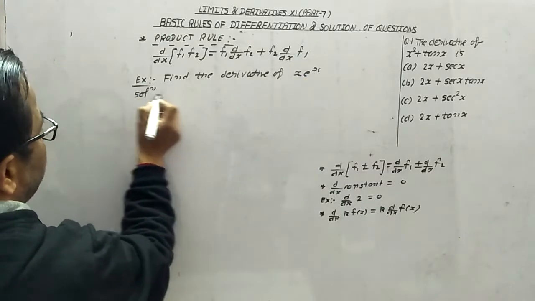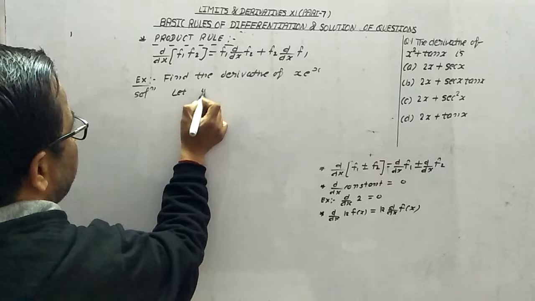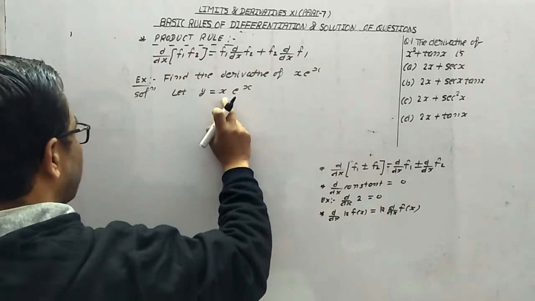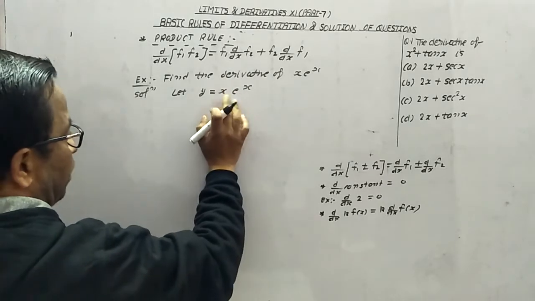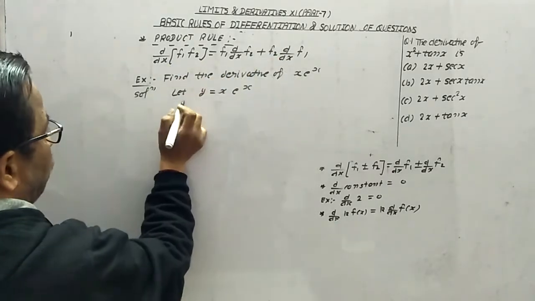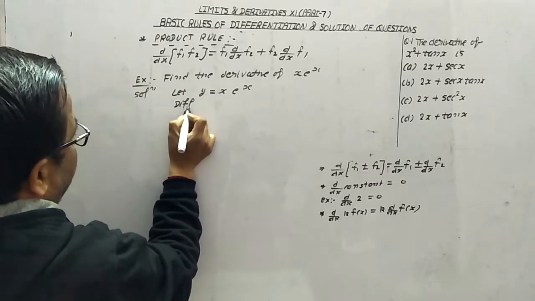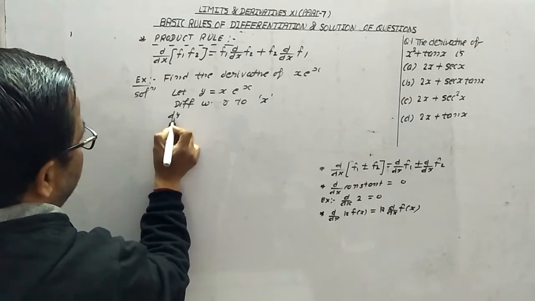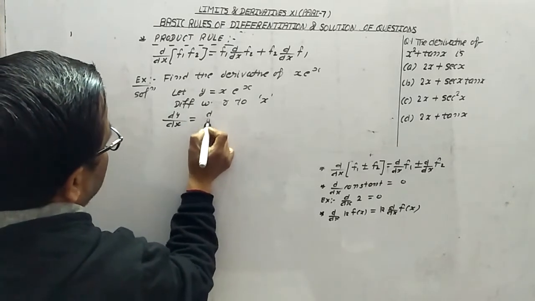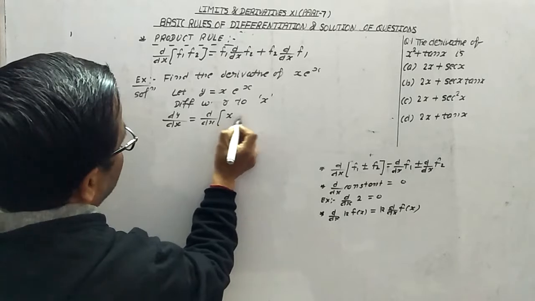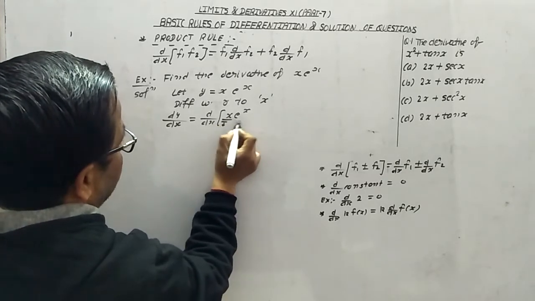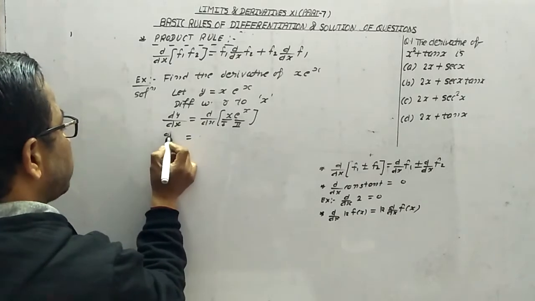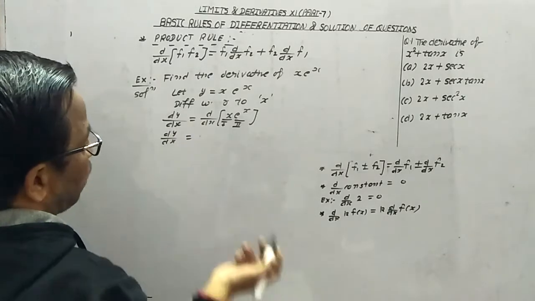Now how will we do the solution? Look at this thing. We will say let y is equal to x into e raised to power x. We are observing there are two functions which are in product. So here we will apply this rule, differentiate with respect to x. Once we do the differentiation with respect to x, dy by dx is equal to d by dx of x into e raised to power x. We will consider, let us suppose this is the first function, this is the second function, this is our choice. Any function we can take first and the other one second.